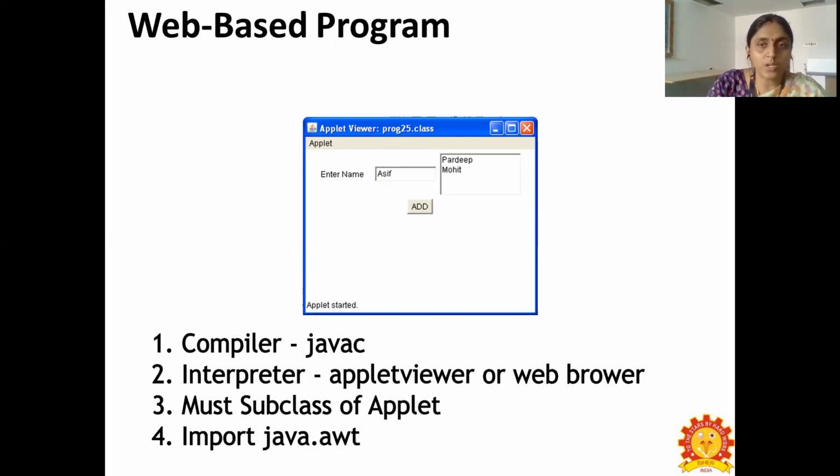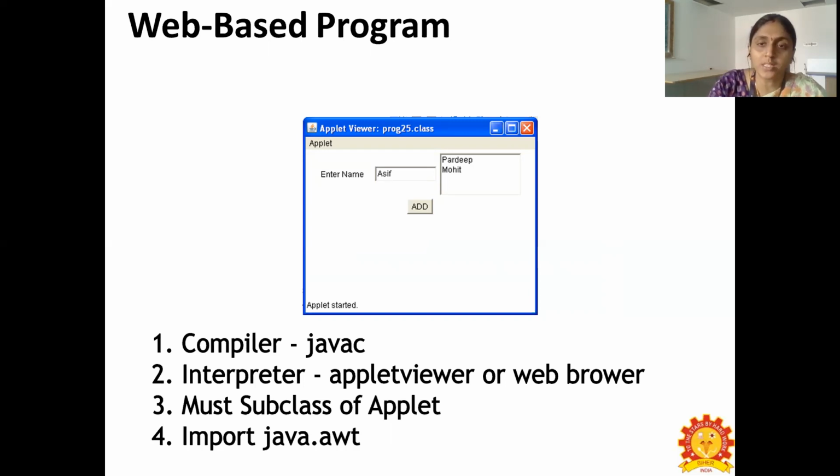In a web-based program, you can connect from one computer to another computer, or in a network where many computers are connected. Here for compiling we use javac followed by the file name.java. While executing, we run this applet program, the web-based application, using the keyword appletviewer instead of the java keyword.